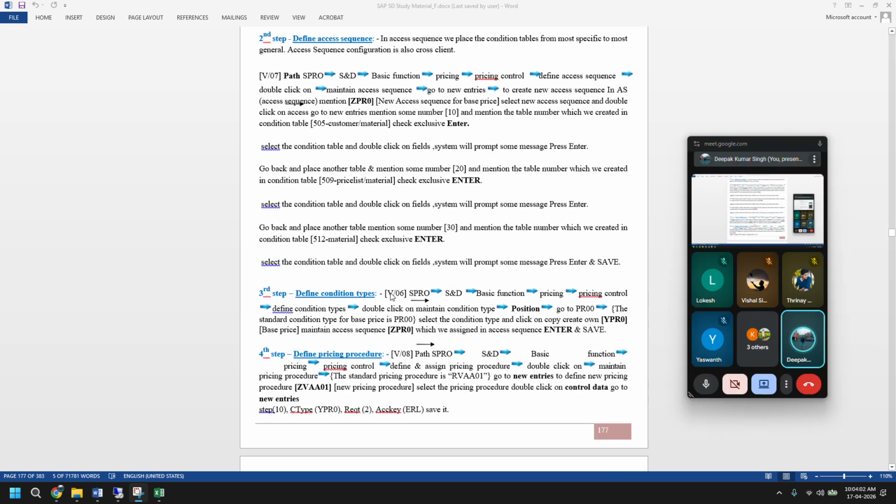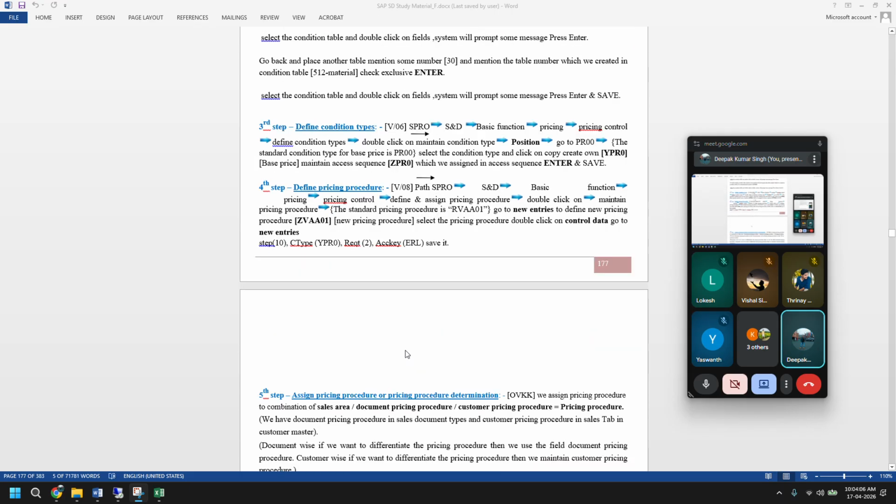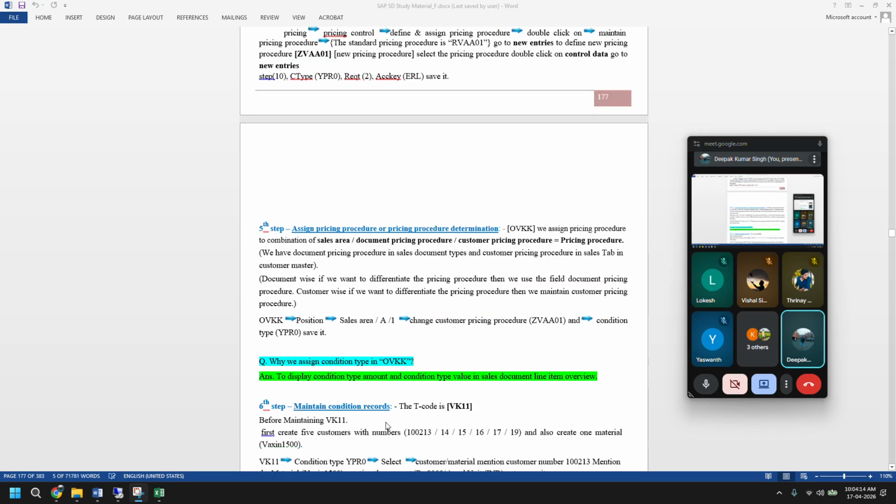We assign that access sequence in the condition type, and then we define the pricing procedure, and then we did the assignment. How is your pricing procedure determined, right? Now,